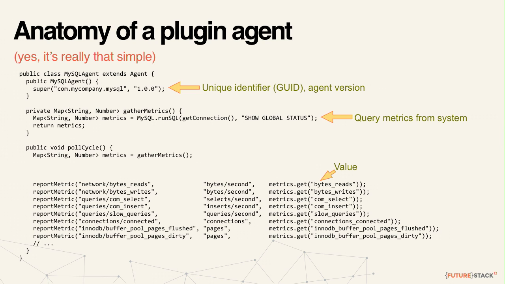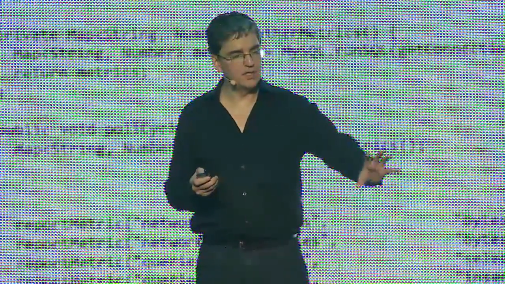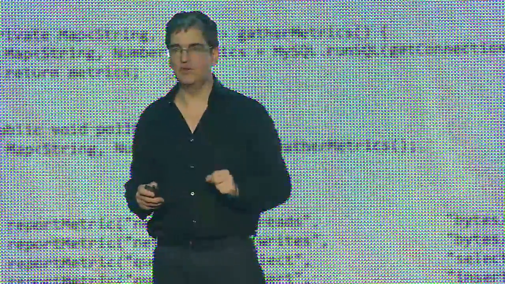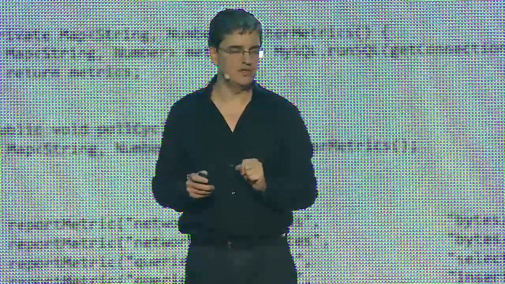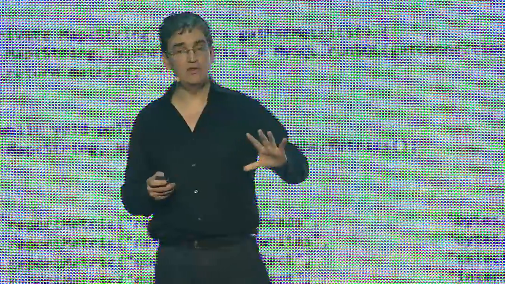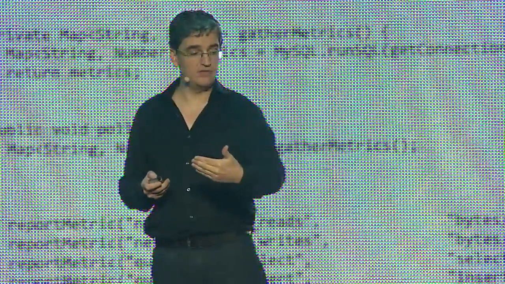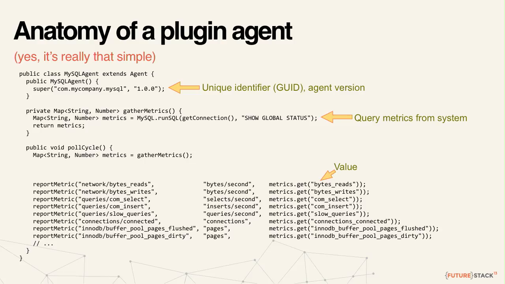And one of the ones that you override is poll cycle, and that thing we call every minute or however often the plugin is configured to pull the metrics. And it calls poll cycle, and so that triggers the gathering of the metrics from, in this case, MySQL. And then all you have to do is give us the metric value, so that's the bytes read in this case,